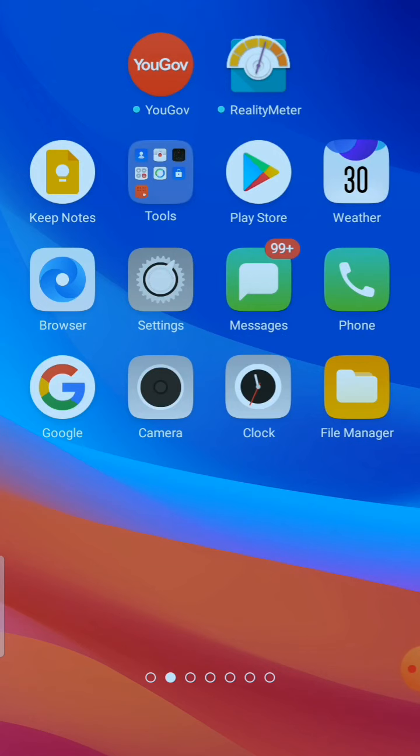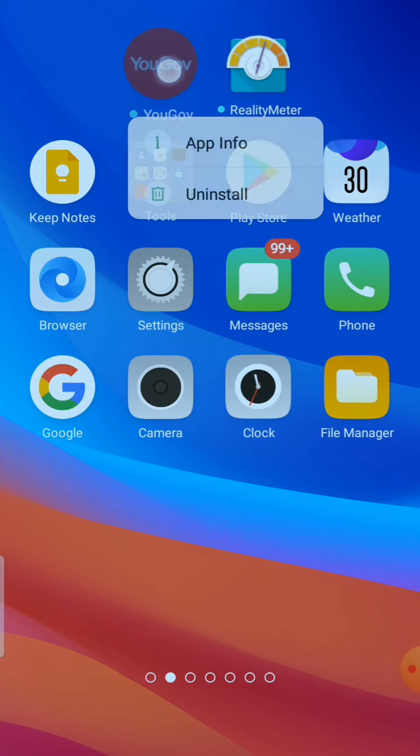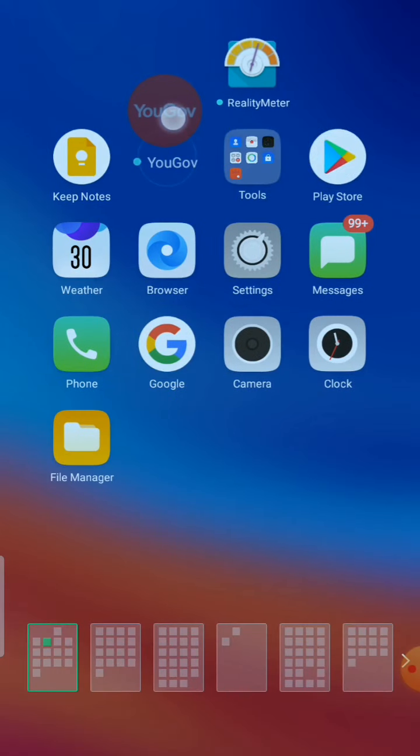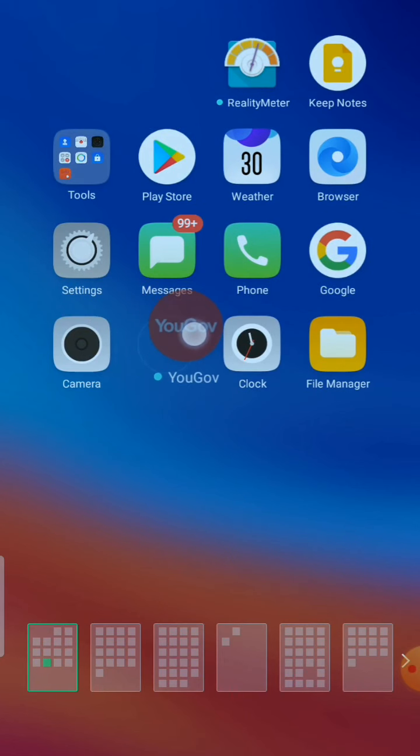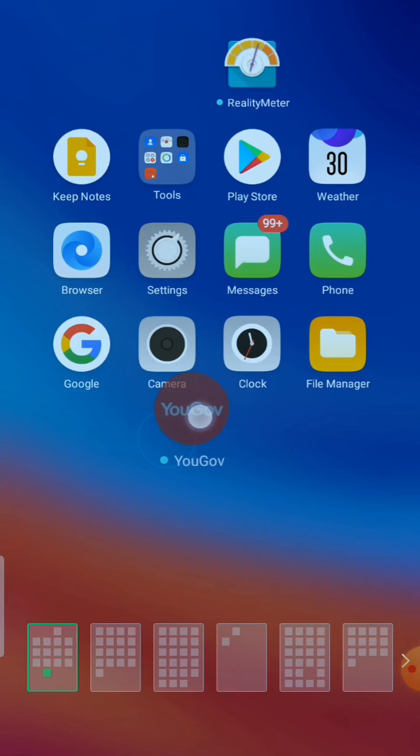What I'm going to do, I'm moving this icon I have clicked, I'm going to move it to the second page. I'm on the first page, and I have just long pressed it, and now I am dragging it, and you're watching below on the screen there are some pages, and I am on the first page.